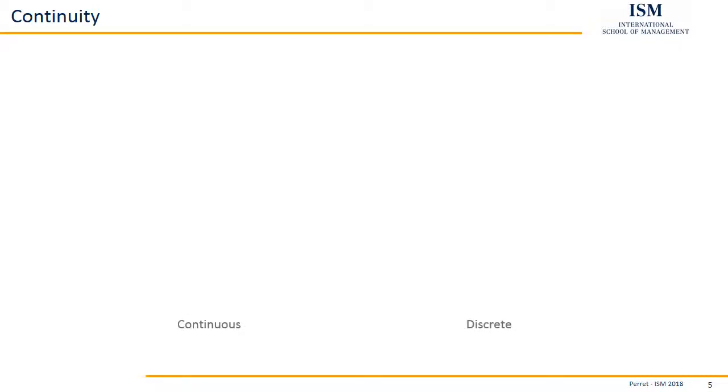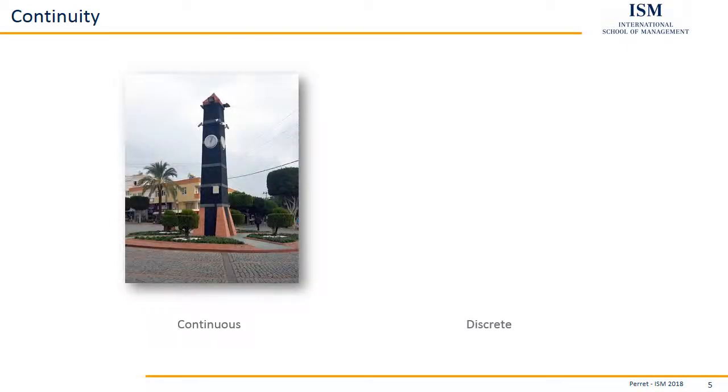And then the next part, that would be continuity. Here we can differentiate between continuous and discrete variables. Continuous means we do not have specific steps. If I take two specific values, the one in between those two is also a valid value for my variable. So if I have two different points in time, I can take any value from between those two points and it would still be a decent value. So I have 2 o'clock, 3 o'clock, then any value in between would be a valid time. If I have a period of time, like 2 hours, 3 hours, then anything between 2 and 3 hours